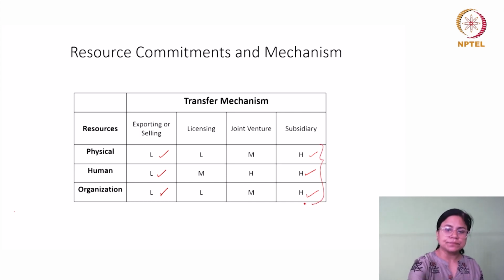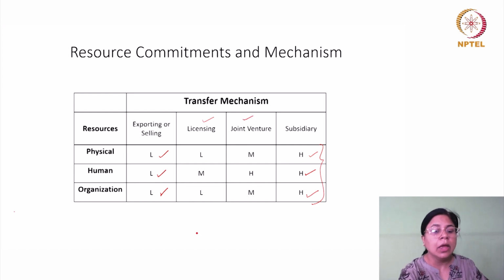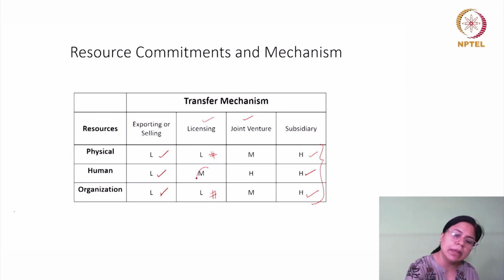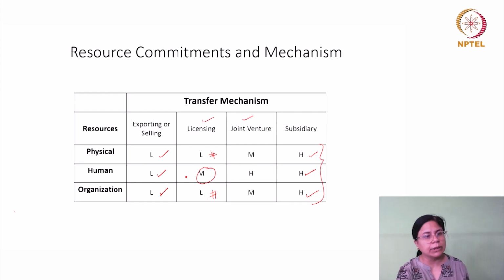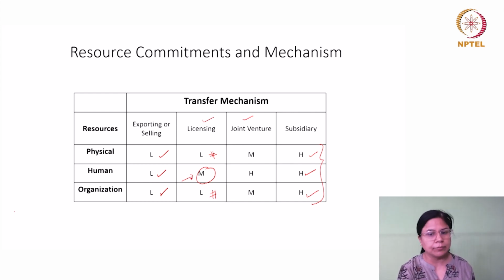On the other hand, when you look at the case of a joint venture and licensing, you will find that there is going to be a mixed kind of commitment. For example, in licensing, you will find that the organizational and physical commitments would be rather limited. Why? Because the company is not required to do anything in the host economy, but there might be a mild or medium level of engagement with human capital. If you are asking the other company to produce your product and licensing it to them, at some point it is possible that you may have to send some personnel from your home country to the transferee in order to support the adoption of the particular technology that has been licensed.